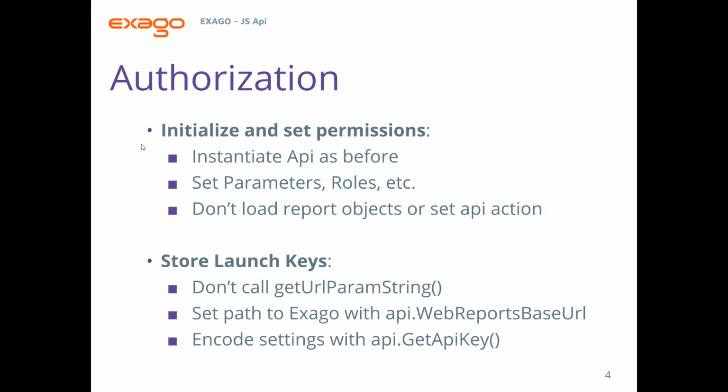So the authorization. What this is going to do is initially, we're just going to instantiate Exago and set the permissions just like we did in previous iterations of using the .NET and the Web Service API. If you're not as familiar with those two APIs, we just did a support lab on that last month. So on our support site, you can always go check out. Of course, all of our support labs are recorded